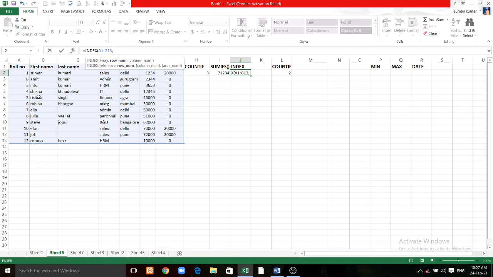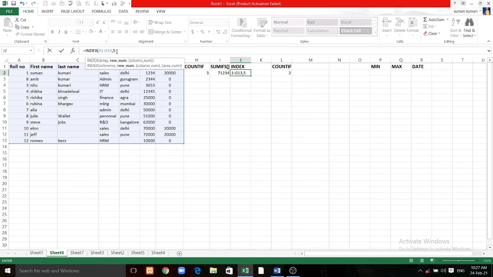What I need is to find out the salary of Shikha. So Shikha is placed at which row? Everyone knows what rows and columns are, as I already told you in the previous video. Even if you have not seen that video yet, please go and watch that video first. So Shikha is placed in the 5th row.